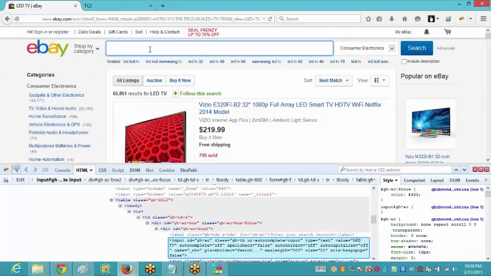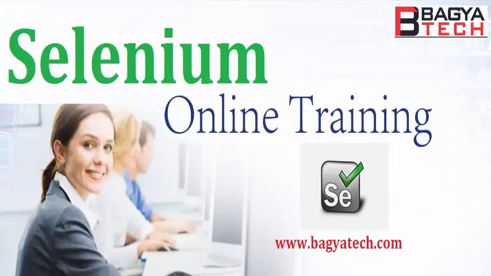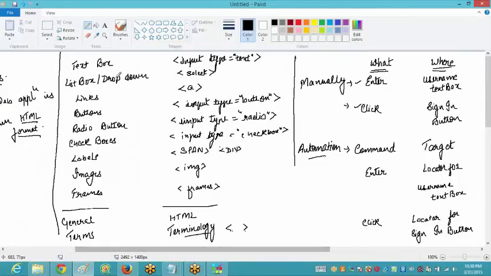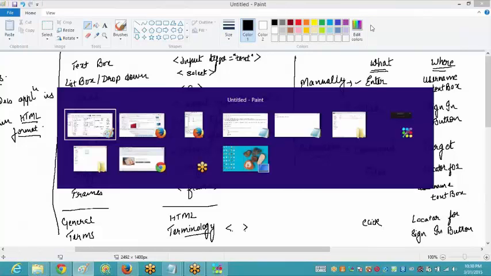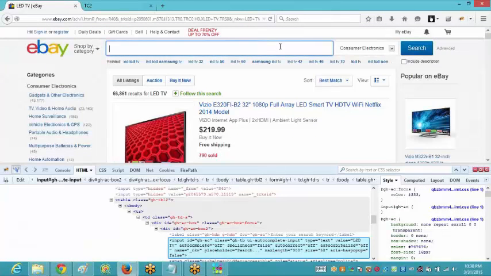And do you remember what should be the HTML tag for the text box? That should be input, correct? Yes. So over here also, this is the text box in which the HTML tag is input.